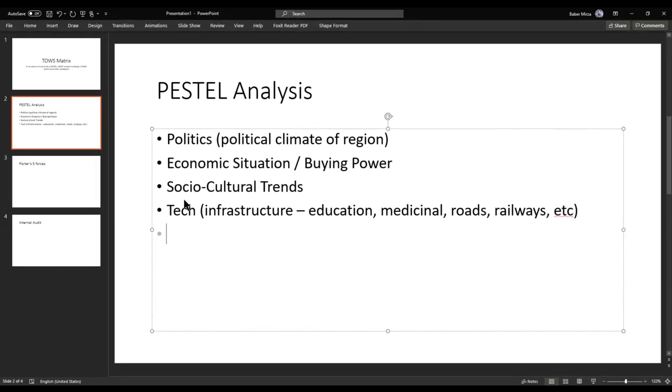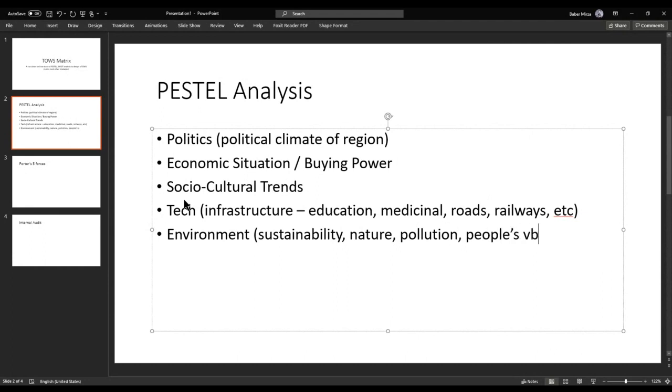And the other part of PESTEL is, call it, the environment. This is related to sustainability, nature, can also be related to pollution and people's belief system as well, and protecting the natural environment. All related to that. And then lastly, the L is for law or legality